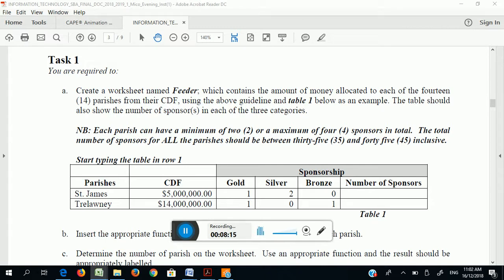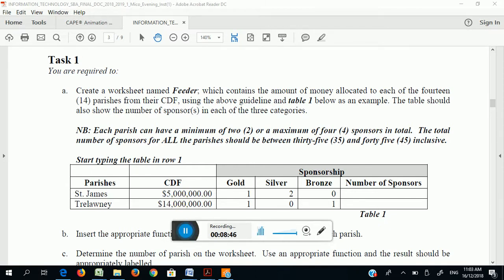Then we have St. Catherine. Then after St. Catherine comes Clarendon. After Clarendon comes Manchester. I missed one parish. We're sure to make our 14 parishes.